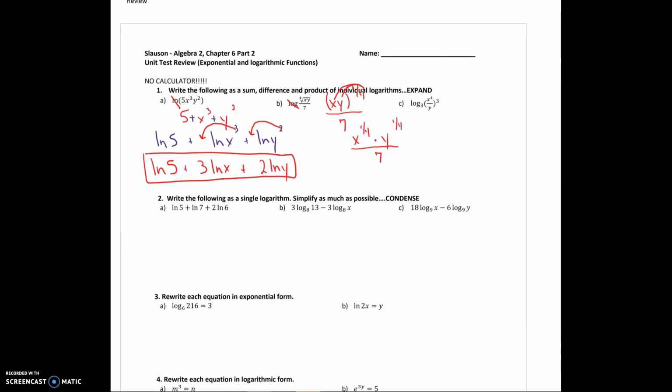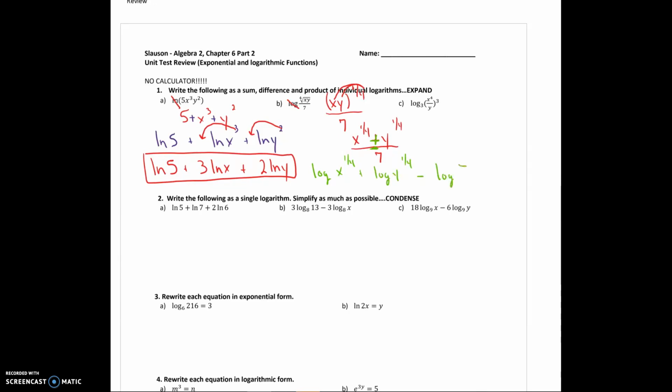So again, what we're going to do is expand this. So this multiplication that you see is going to turn into addition. Here we go. And then this division bar that you see is actually going to turn into subtraction. So what I'll do is bring this log back. It's going to be log with x to the 1/4 plus log and y to the 1/4, and then minus